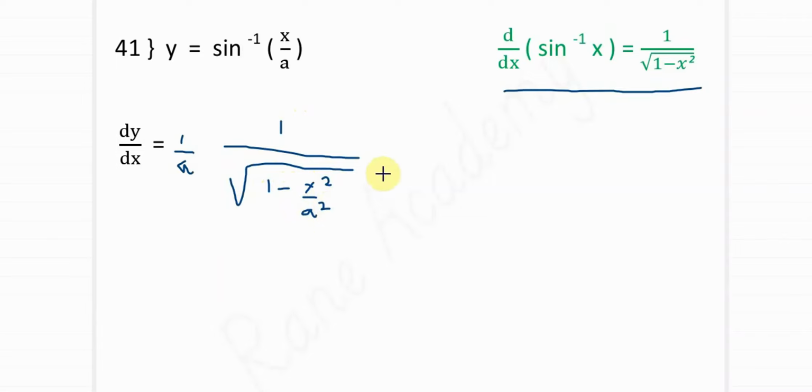Now what we do, we take LCM. So taking LCM, what do we have? We have here 1 upon a, and here you have 1 upon under root of 1 minus x square upon a square. So you have here a square minus x square upon a square